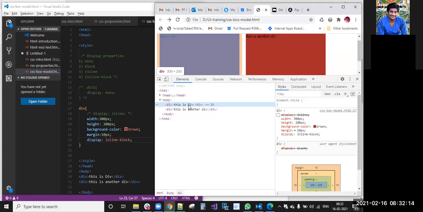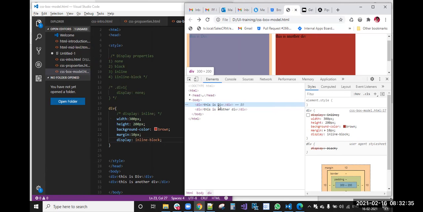So these are the four important display properties. First, if you are not giving any display property, meaning the default display property, the browser will apply the default display property. We already saw in HTML that we have default display block level elements and display inline elements, so according to the element, that display property will apply. Still, if you want to make block level elements into inline elements, we will use the display inline property.